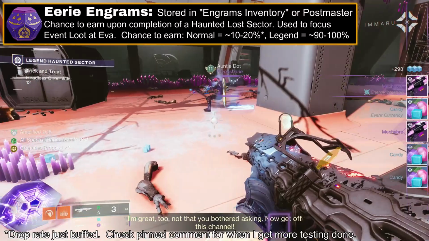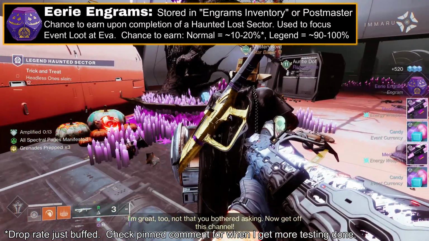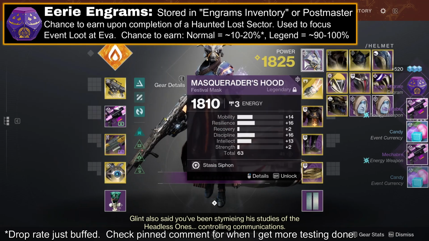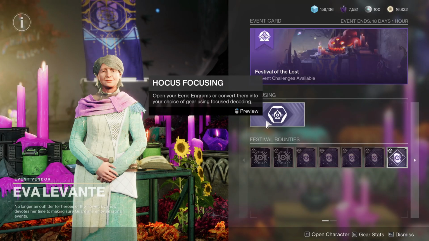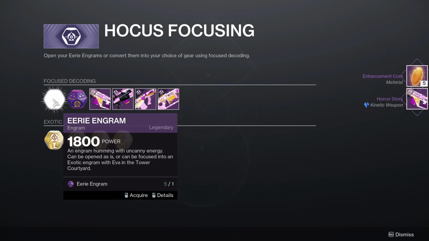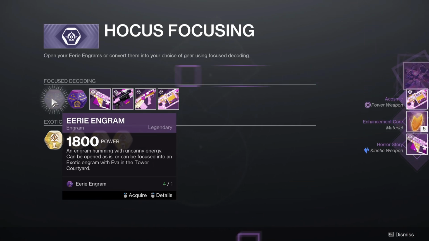Another currency you'll earn from these lost sectors are Eerie Engrams, which have about 10% drop chance on normal difficulty and near 100% chance on legend. These Engrams are used in Hocus Focusing at Ava in the tower, turning these Engrams into a chance at weapons, upgrade materials, or the Memento if you just turn them in,